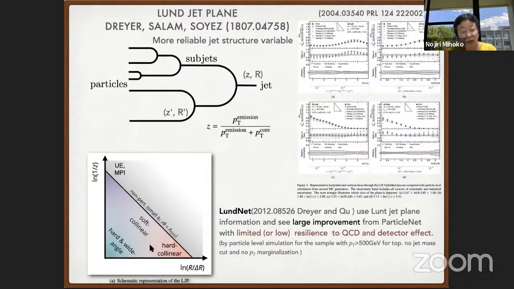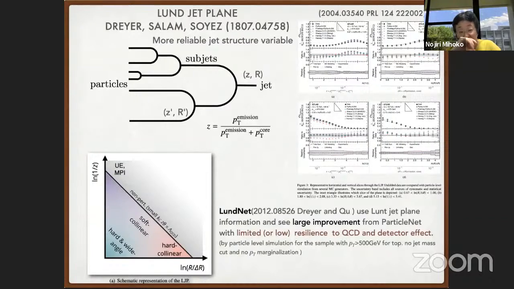parameter region. On the other hand, if you go this way, you will have more problems, but the soft collinear region you can probably handle, and the hard collinear region we also know how to do it. So you can actually check if your measurement and the theoretical prediction are consistent with each other. And you can see some kind of expected result that in the non-perturbative region, all simulators have certain problems right now. And maybe you can restrict yourself to the stable region of the